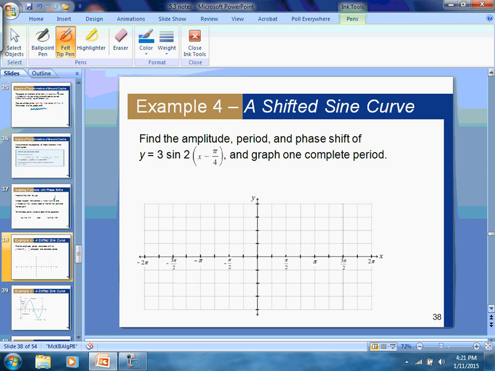We have example 4 and example 5. And then I have some extra examples that I can do as well for more practice. Okay,